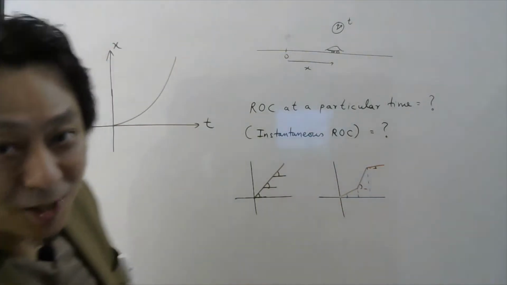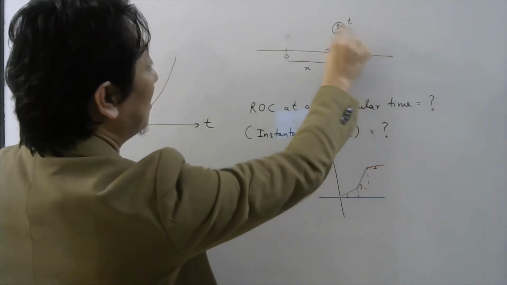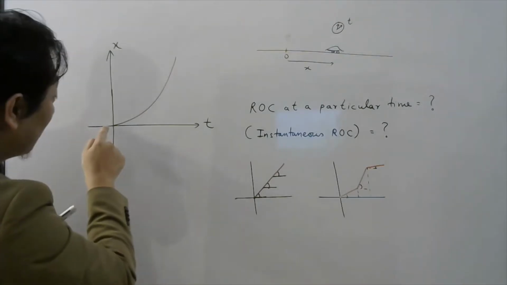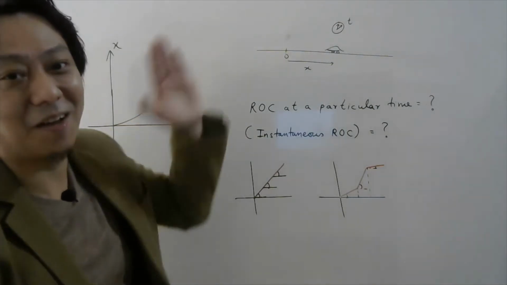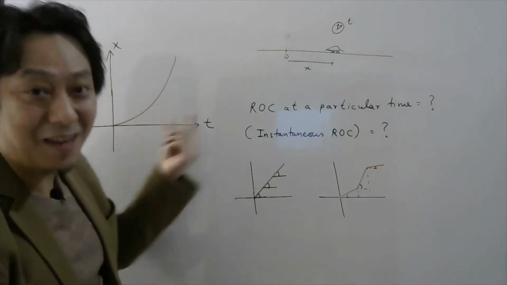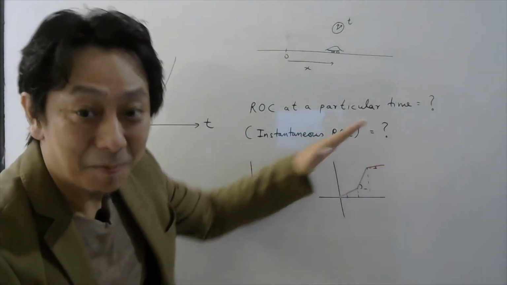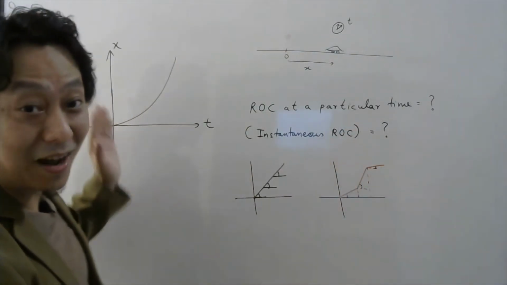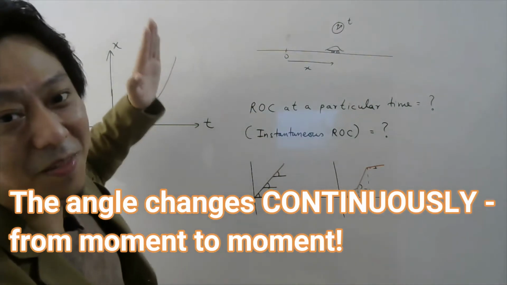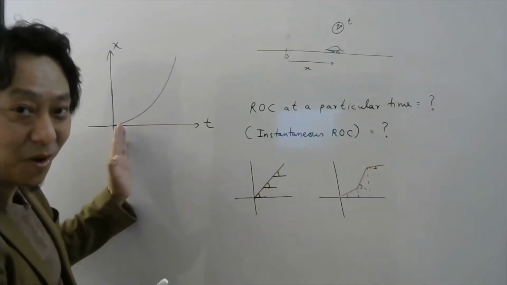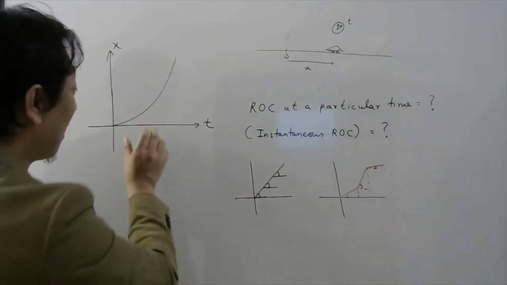Now let's come to a situation where the distance covered by the car in time t is given according to this graph. Now I have given you a curved graph. There is no straight part anywhere, unlike this graph. Here also, if you remember, the angle changes, but it was a straight line. But now if you observe carefully, the angle changes continuously. So from point to point, the angle is going to change.